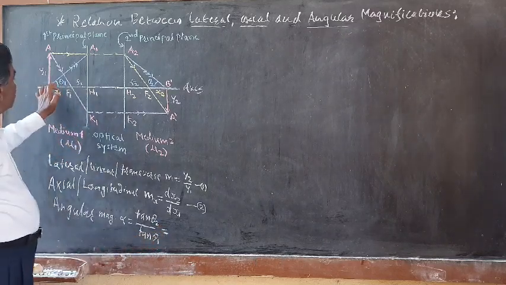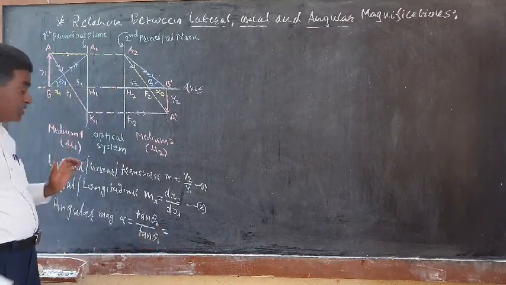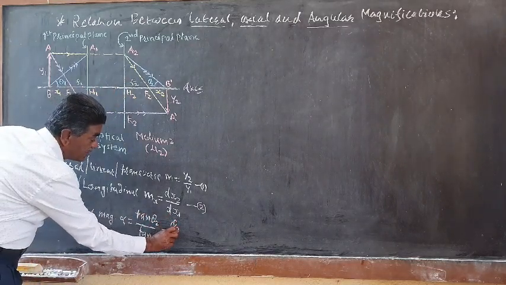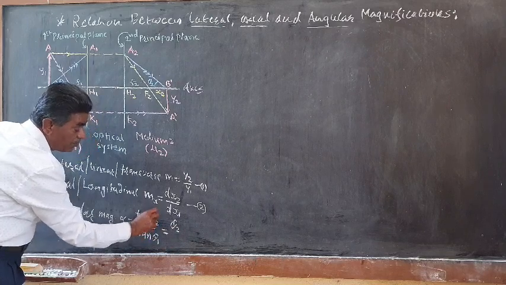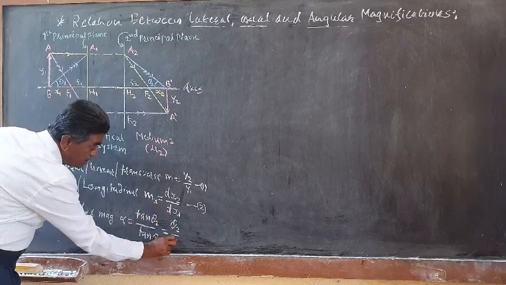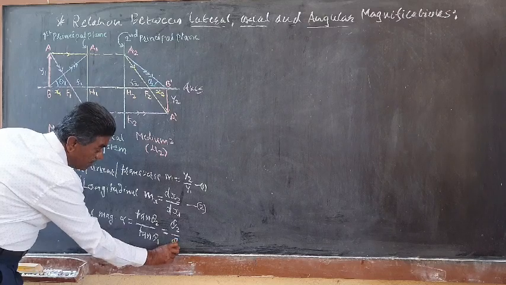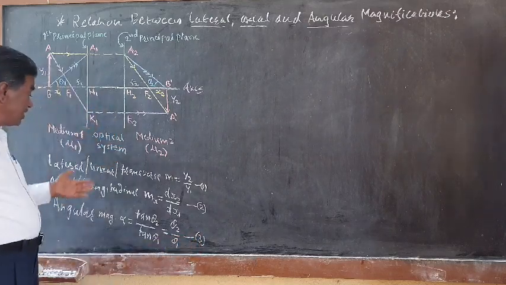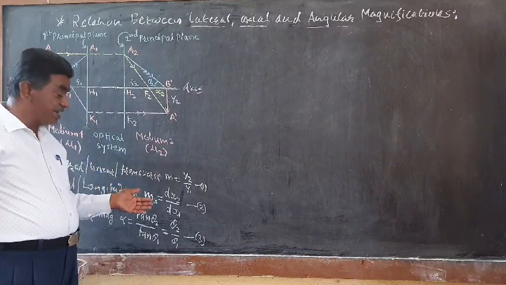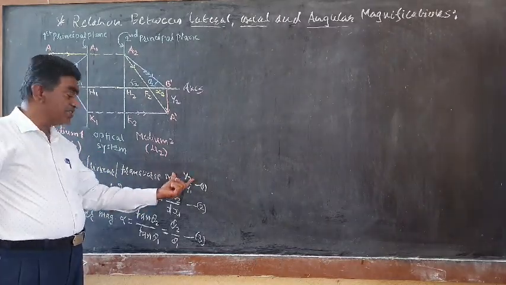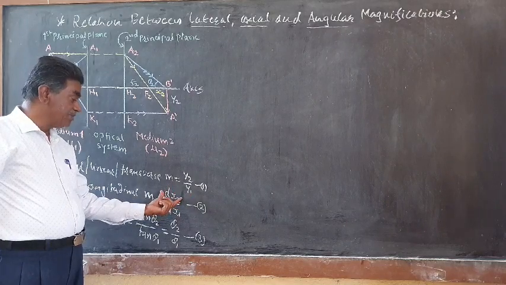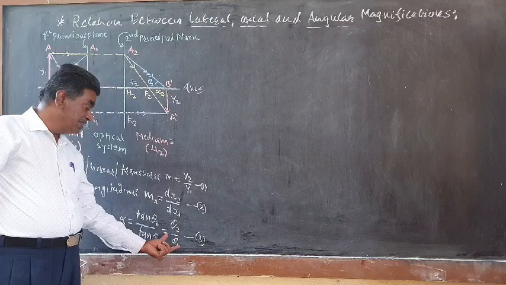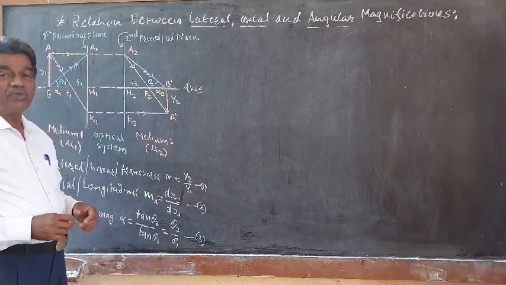And if this theta1 and theta2 are very small, then tan theta2 can be written as theta2. Tan theta2 is approximately equal to theta2, and tan theta1 is approximately equal to theta1, and this is equation number 3. So remember, all the definitions are related to image parameters divided by object parameters. Image parameters in the numerator, and in the denominator the object parameters.